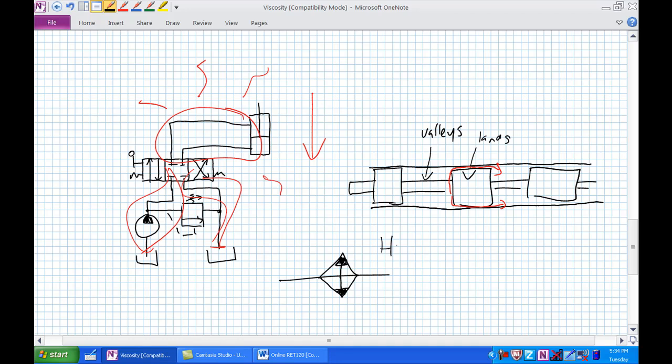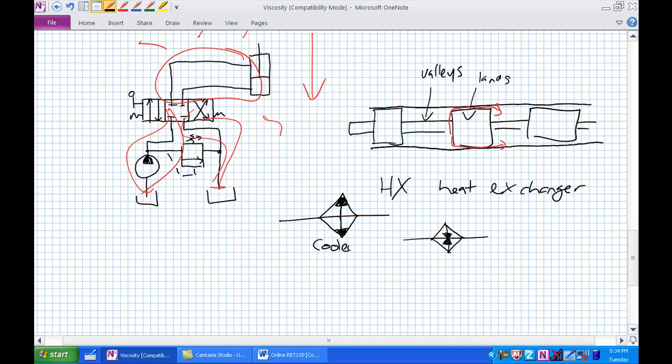So, heat exchanger, also shorthand HX sometimes. Heat exchanger. And I can tell this is a cooler because the arrows are pointing outwards, whereas a warmer, the arrows are pointing inward. Cooler, warmer. Okay, so you may want to add an offline warmer as a cold temperature modification for sale of